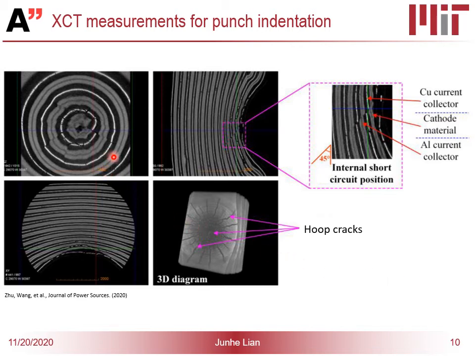So this is what they have done with the XCT measurement, and this is also a 2D. You can already see this kind of hoop cracks developing along the different directions. What they have made is they managed to get a side cut as well. So the side cut is from here, and you look from, for example, left, and you can see here we